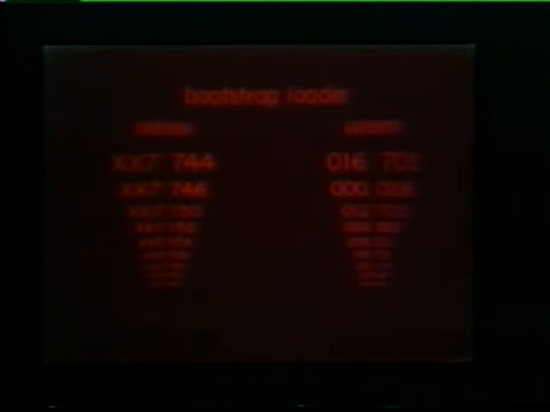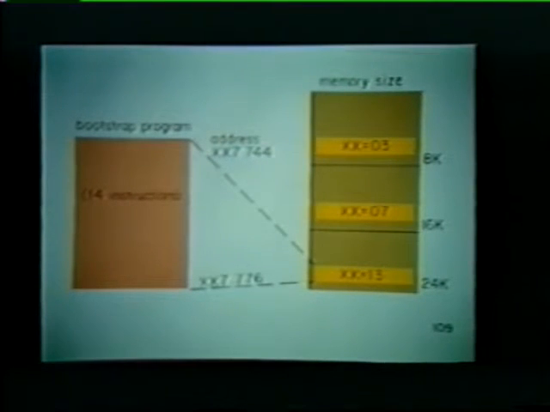The Bootstrap Loader occupies 14 word locations in memory. The code for the first instruction is 016701, and it is stored at memory address XX7744. The XX portion of the address is determined by the size of the total memory contained in the PDP-11. XX represents the highest available 8K memory bank. Thus, if the PDP-11 contains 3 8K memory banks, XX will equal 13. In this case, our first Bootstrap Loader instruction is stored in memory location